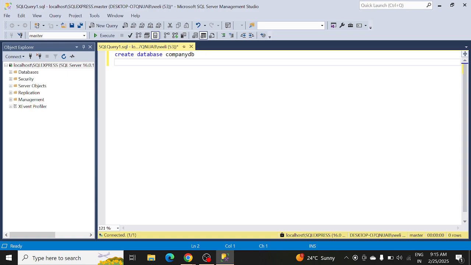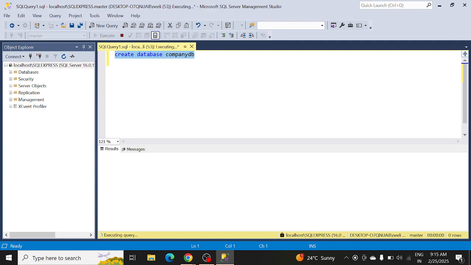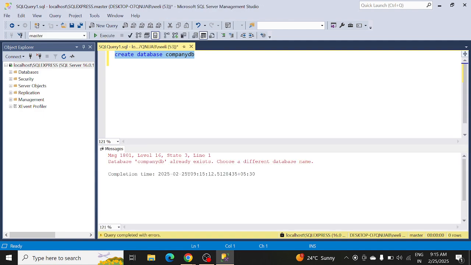Be the database name. The syntax will be that, and click on execute. The database is created. Since the database is already created, it won't create a duplicate database. Okay, so it won't be possible to create a duplicate database. So I'm creating now